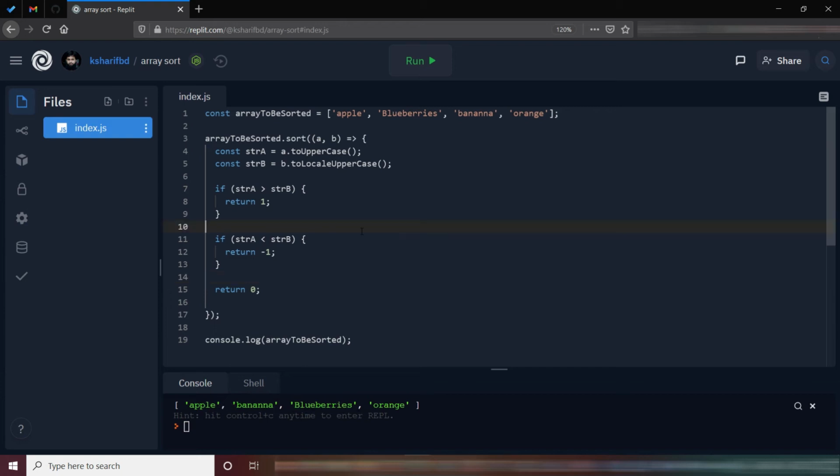Now we are going to see an example with non-ASCII characters, that means characters other than English. So I am going to paste. So this is the French word. For non-ASCII characters, this compare function will not work. We have to use another method called localeCompare.